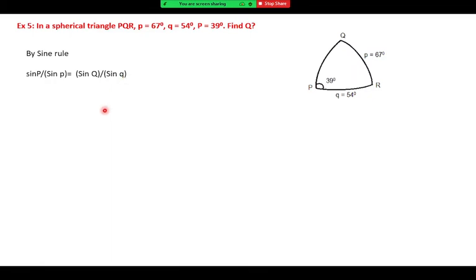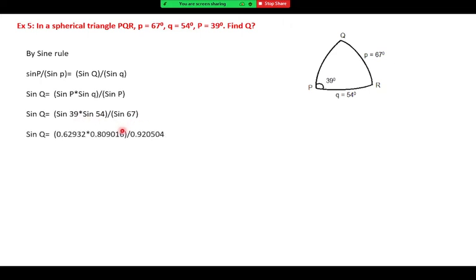Okay. So next, this formula is just rearranged for sine of capital Q. So sine Q by sine 54 degree is equal to sine 39 degree by sine 67 degree. Okay, that's correct. So that way also you can proceed, and just sine Q. Now you have to use a calculator, replace these values, take a multiplication, and you'll get sine Q equal to